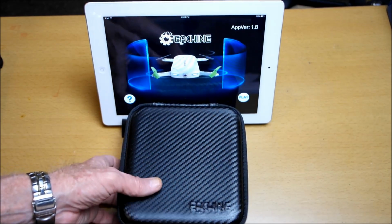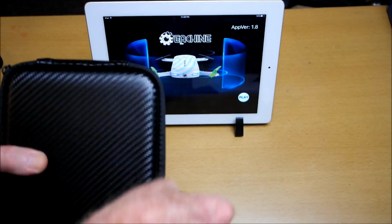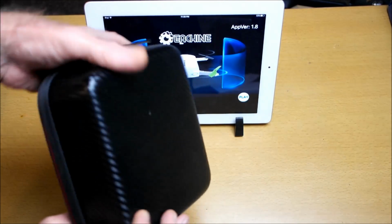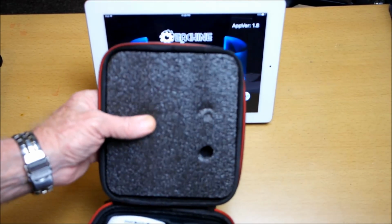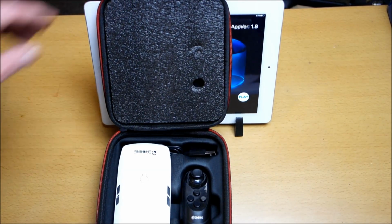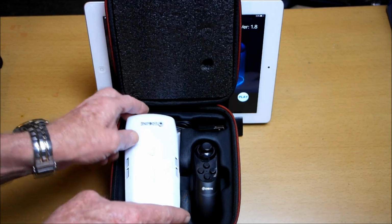But the nice thing about this is that first of all it comes in this nice little zip box. It's quite strong. And if we open it up, we've got protective foam on the top there. And here it is, quite nicely presented in this case. So here we get the